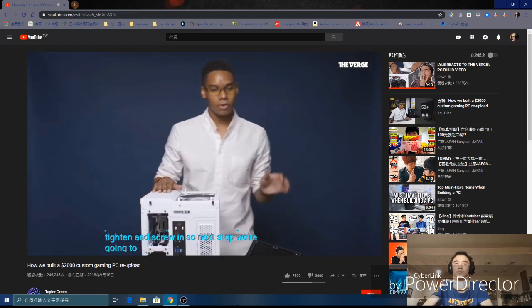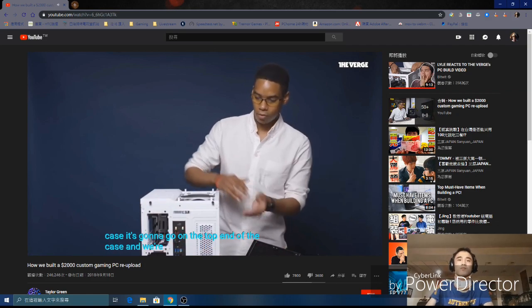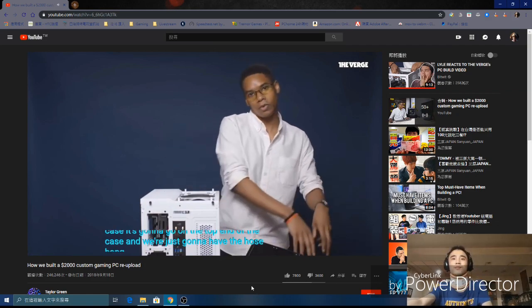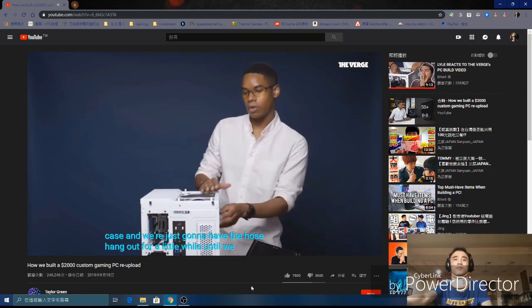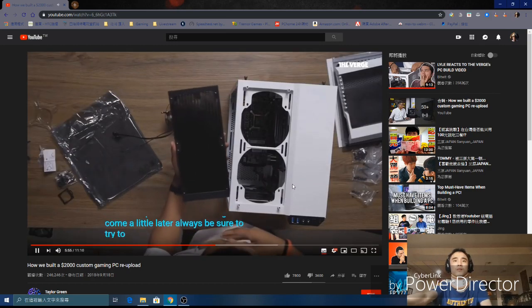So next step, we're going to install the CPU cooler. In this case, it's going to go on the top end of the case, and we're just going to have the hose hang out for a little while until we install the processor, which is going to come a little later. Always be sure to try to...